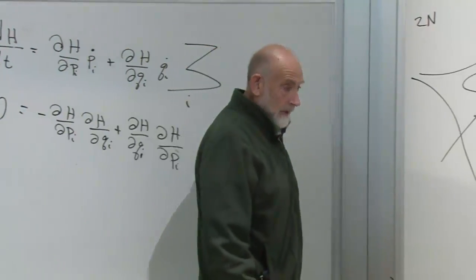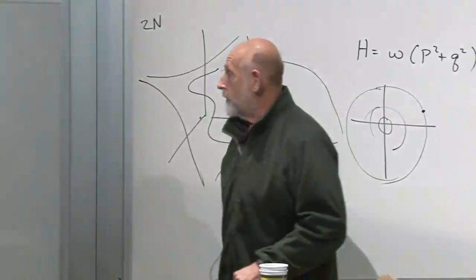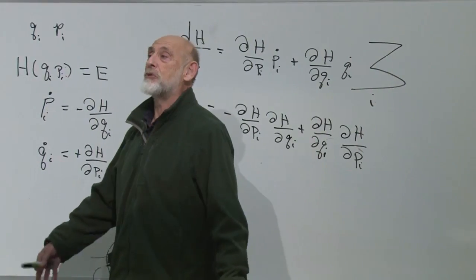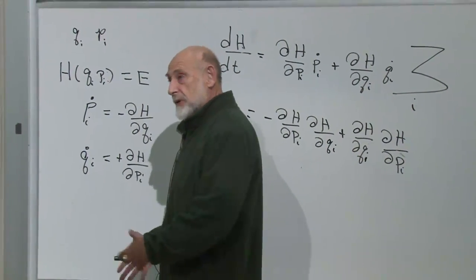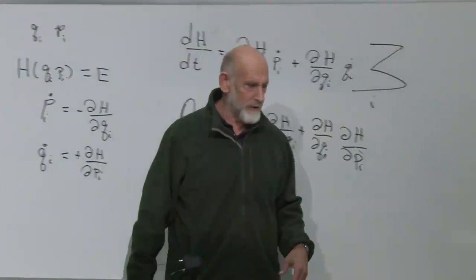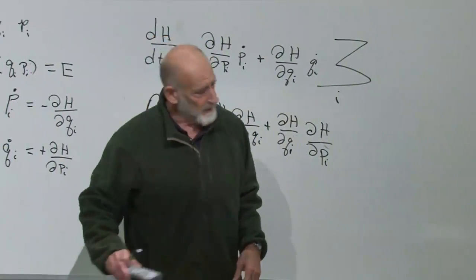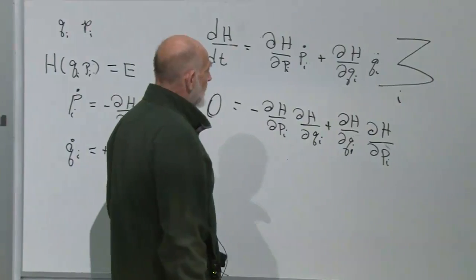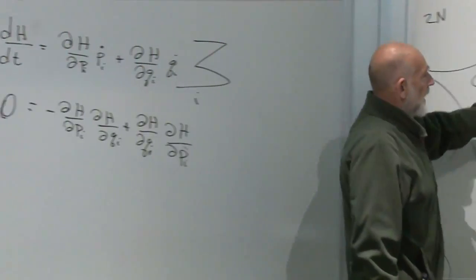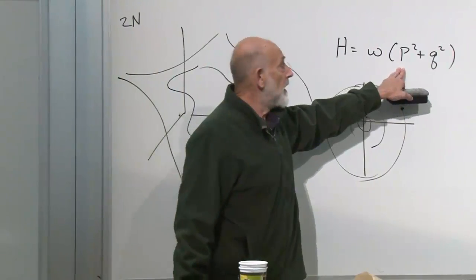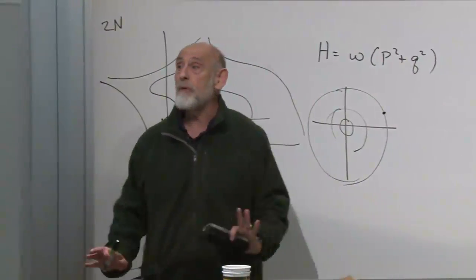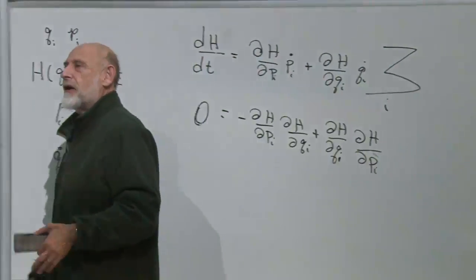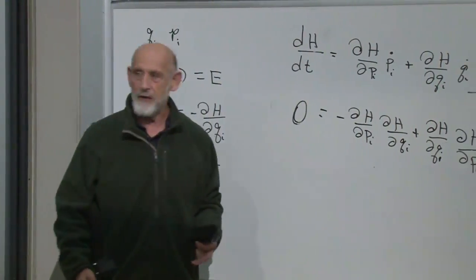No, that's right. For example, there's no automatic assumption that P is equal to the mass times Q dot. You take whatever the Hamiltonian is, and we'll work out some examples which are non-standard. But basically, the Hamiltonian can be any function of Q and P. In many cases, you can write it as a kinetic term, that's what P squared is, plus a potential term. But by the time we've gone this far, we can write many, many other kinds of Hamiltonians. The only question is, do they correspond to anything in nature? The answer is often yes.